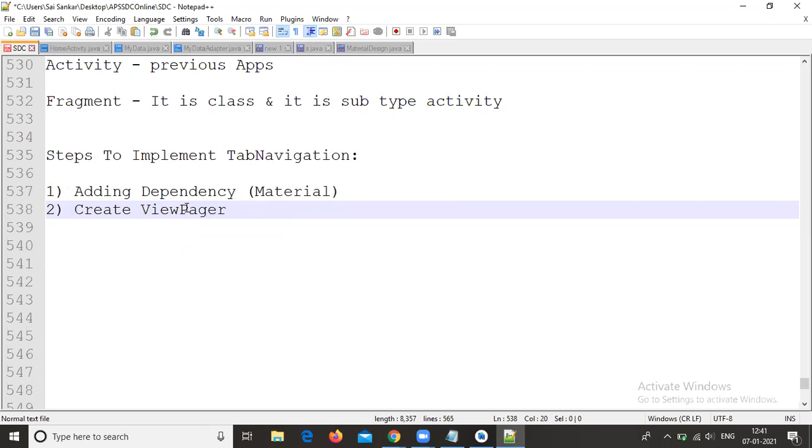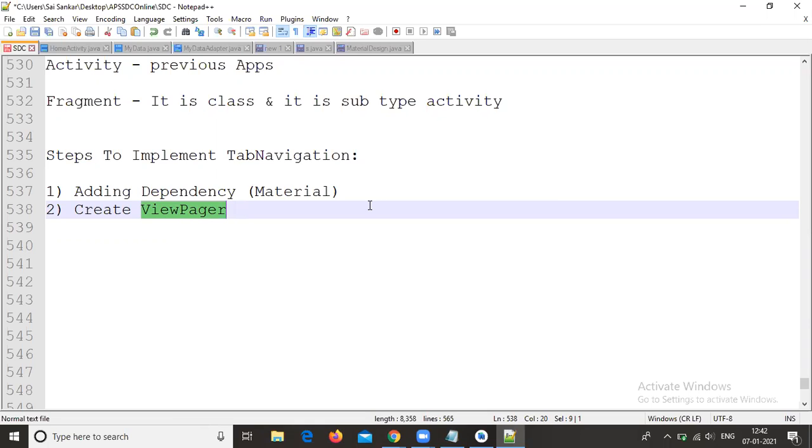The next step is to create a view pager. A view pager is for scrolling horizontally. You already know it: WhatsApp contains three tabs, and you use swiping to navigate from one fragment to another fragment.